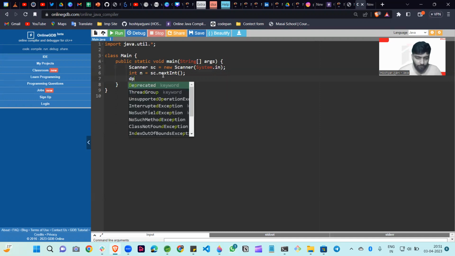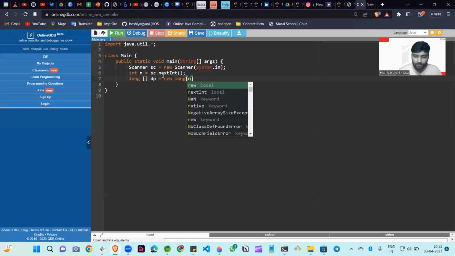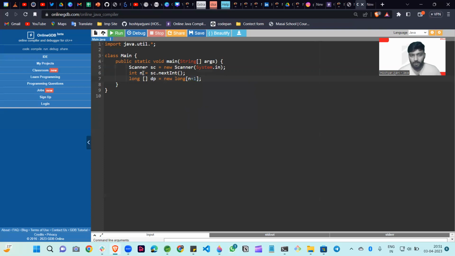So DP of, so I write here, I create long type DP, because if you take the integer value, then in some cases your test case is failed. So long type of DP array. And how we can create? Simply new long, and what is the value? We take the value greater than our